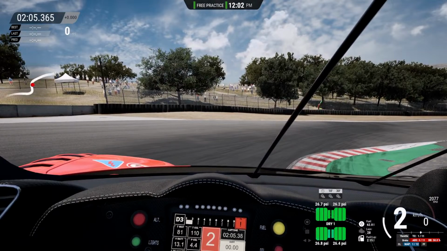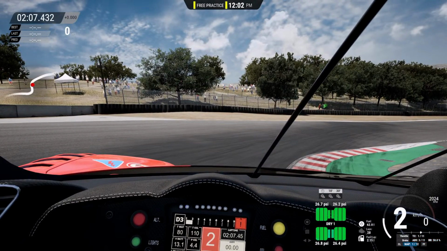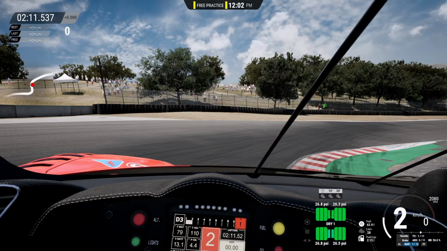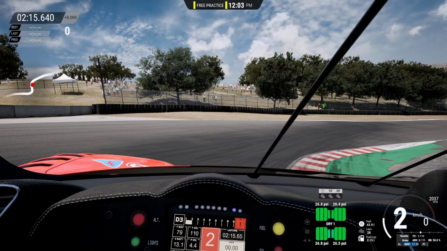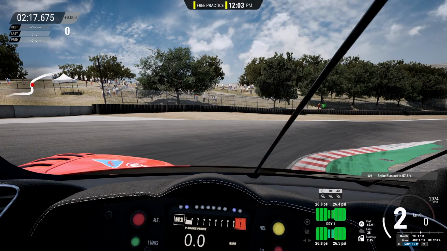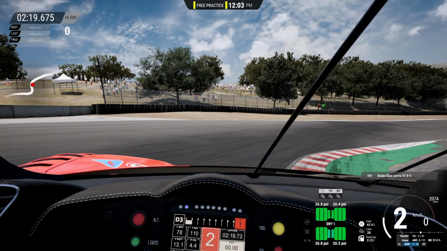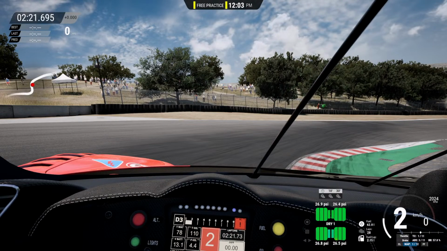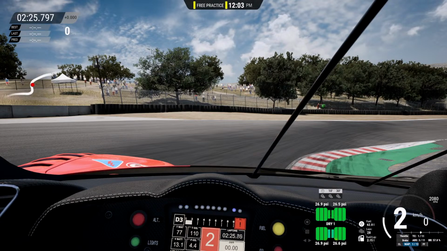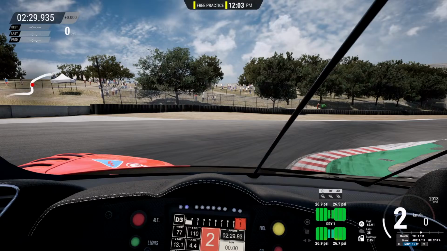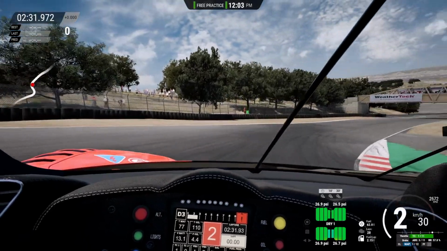This isn't turning, so not sure why this is locked. I'm just gonna use C and drop this steering sensitivity all the way down to 480. I'm willing to bet that this has something to do with it.